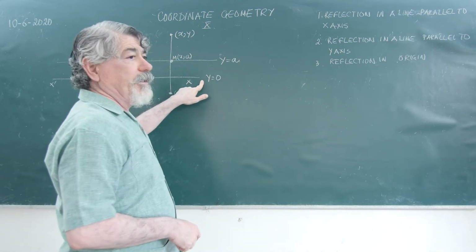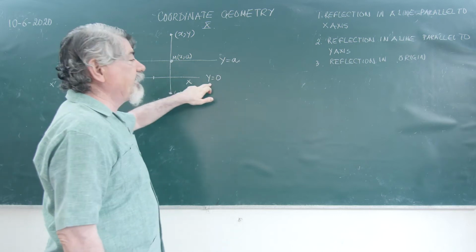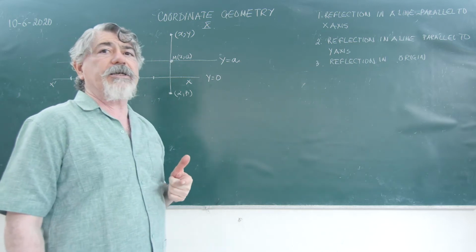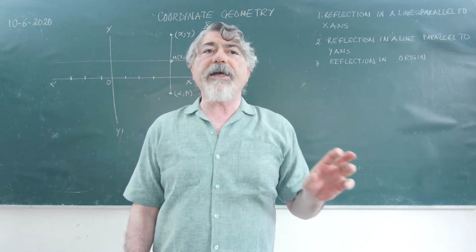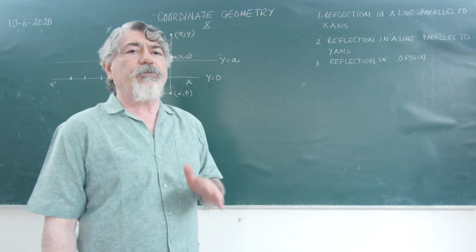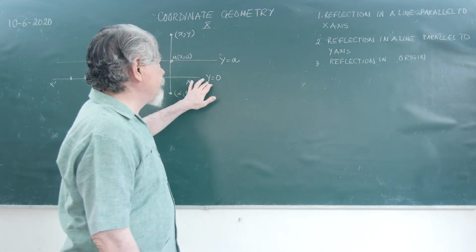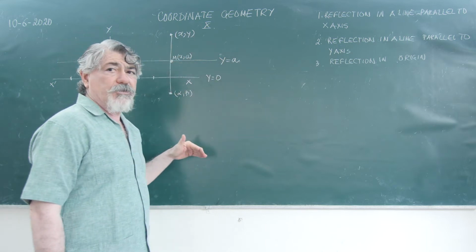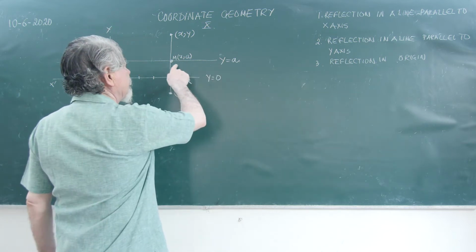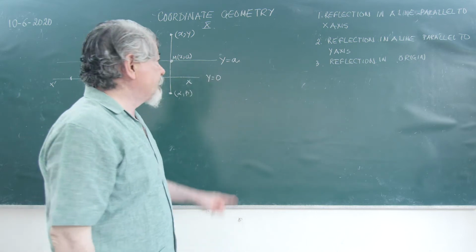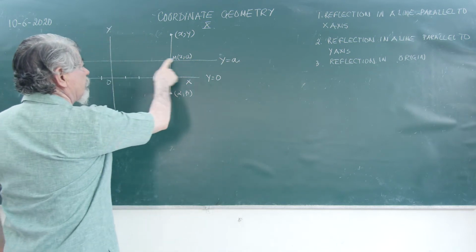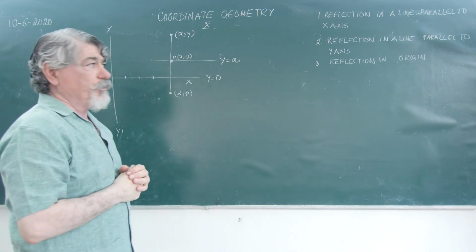We did not tell you that day that the equation of the line x-axis is y is equal to 0. Well, I'm sure you must be knowing it, because on x-axis the y-coordinate is always 0. So the equation of the x-axis is generally y is equal to 0. Any line which is parallel to x-axis will be represented with y is equal to something. Like I am drawing a line parallel to x-axis at a distance y is equal to a. I have got a line, this line is parallel to x-axis at a distance of y is equal to a.